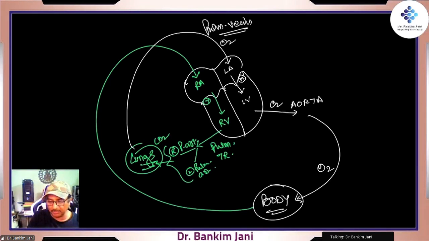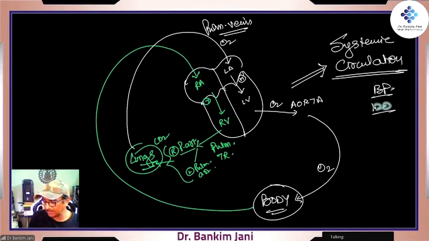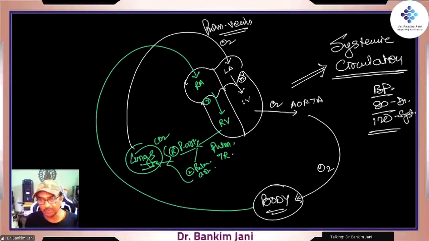So thus we are talking about two systems. One system, which is over here, which is related to the body, is what is called the systemic circulation. Right? Systemic circulation, and it is a high pressure system, high pressure. So the blood pressure which we are taking, when we say this is 120 over 80, right, the systolic and the diastolic. So these are the blood pressures which we are talking about.